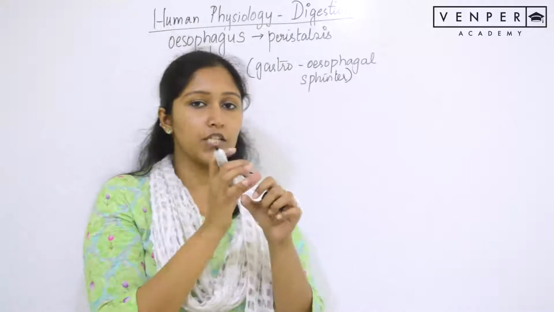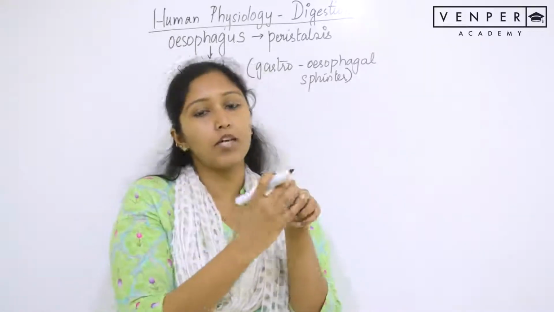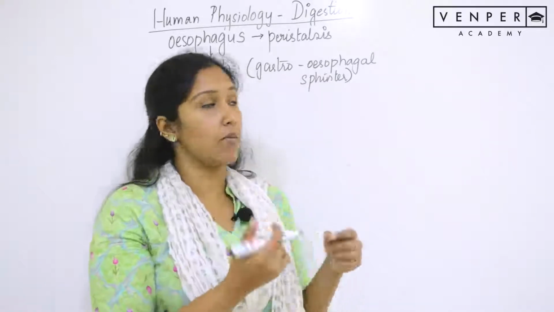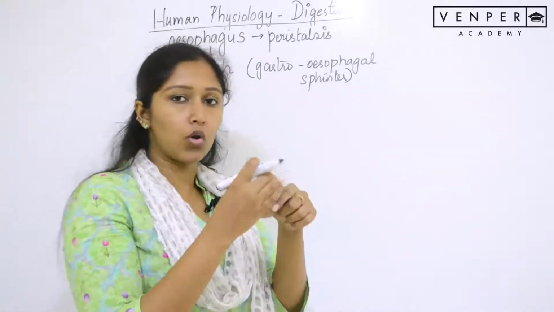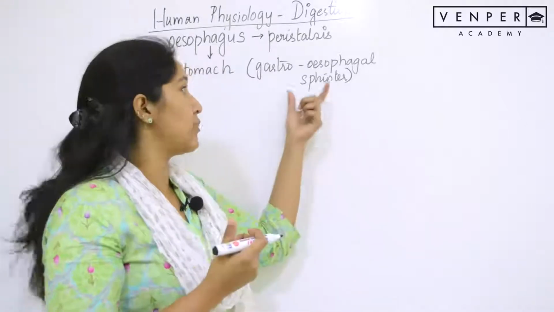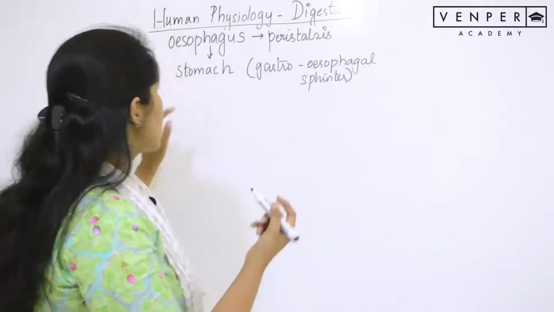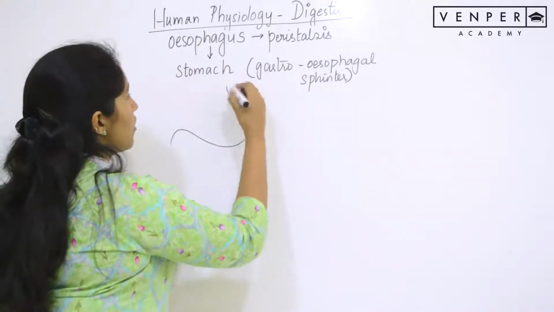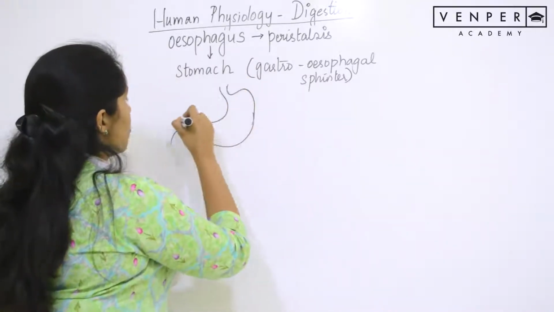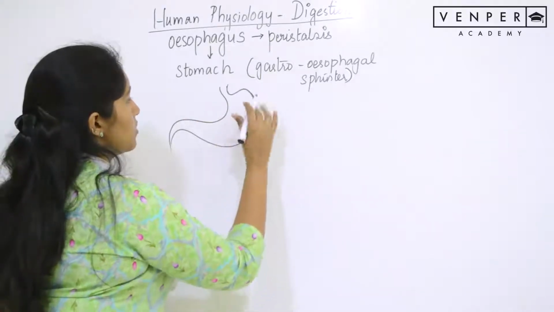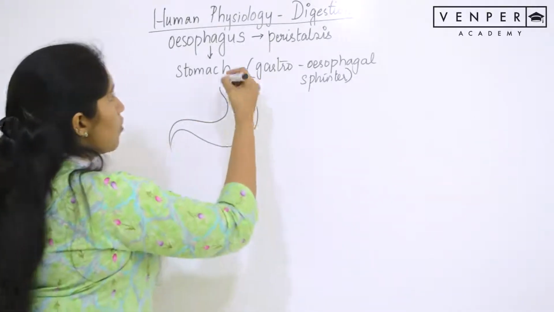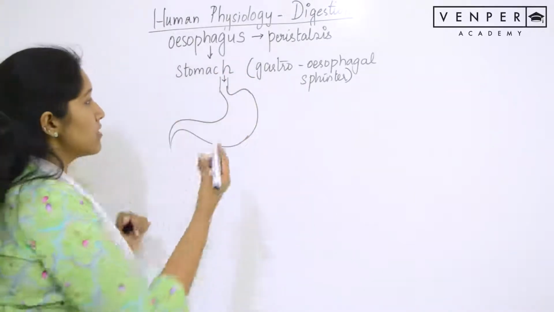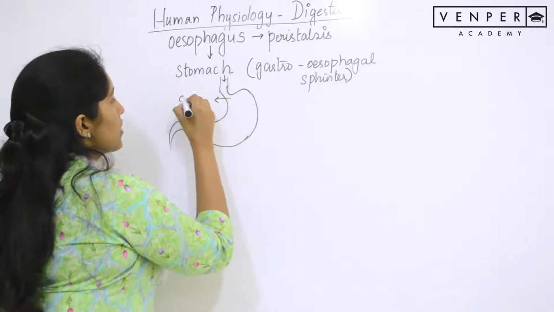A sphincter is basically an arrangement of muscles in a circular manner, in the form of a valve. Relaxation or contraction of those muscles helps in opening or closing whatever tube or duct that particular sphincter controls. The stomach is a pouch-like organ, similar to this shape. So this is your esophagus, and food comes from the esophagus like this, and this region is called the